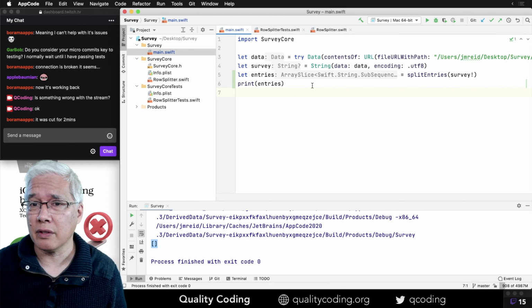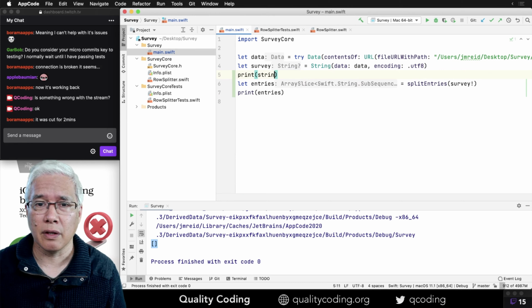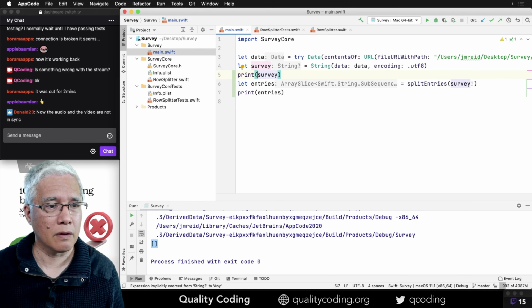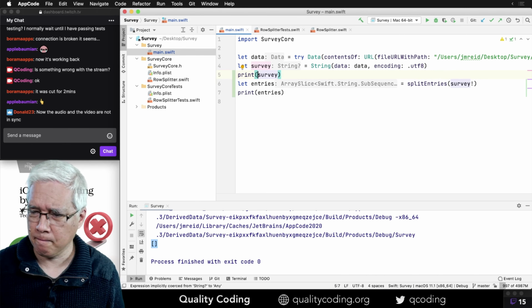For some reason, if I print the string, I will get the string, the survey. Thanks, y'all, for letting me know. Hopefully it straightens out.